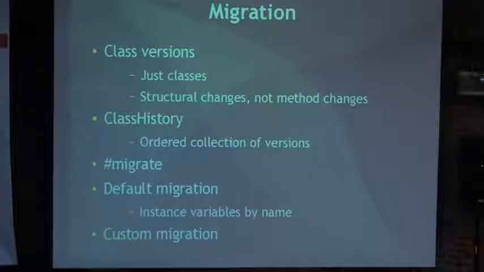If you've got a lot of persistent objects and you want to change what instance variables they have, say add an instance variable to a particular class, and you've got 340 million of that class sitting out there on your disk, and they don't have that instance variable, then you need to deal with how you add that and how you move on. The way we do that is through migration. You can add and remove methods from a class very easily, just as in any Smalltalk. But when you change the structure of the class, when you add or remove instance variables, then there's extra work needed. And we do that through class versions,